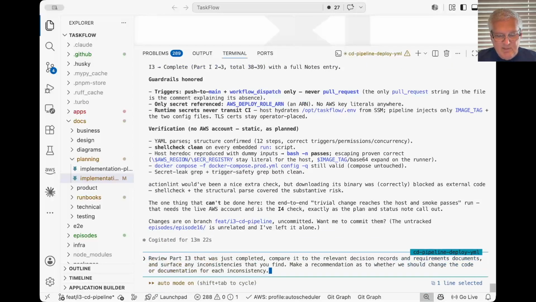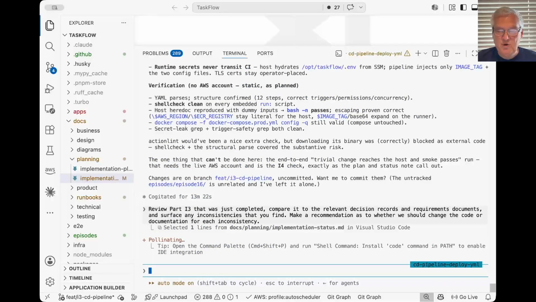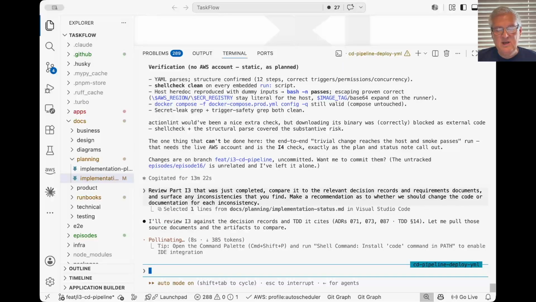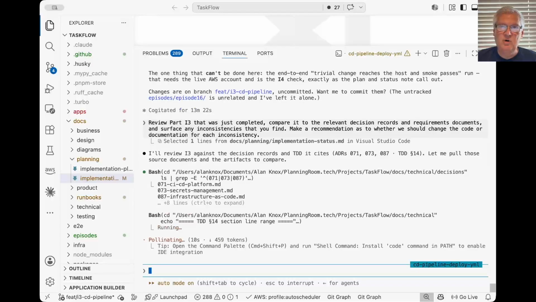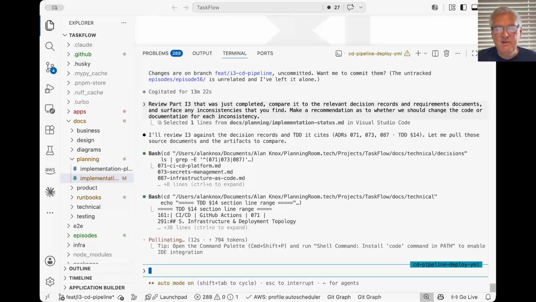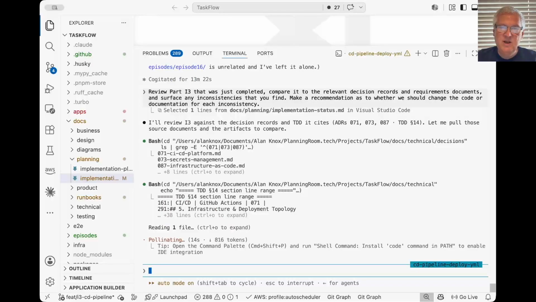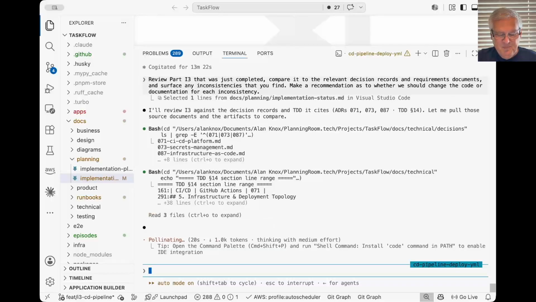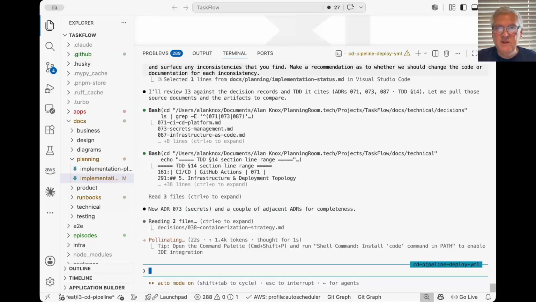But just like before, I want to tell it to review what it did. I want to specifically say review what it did, compare it to the documentation, whether it's the decision records or the technical requirements document. I'm saying take what you did, compare it to the documentation that we've created. That's why we went through all those steps and the Surface Explorer record methodology to get the documentation. Now we can